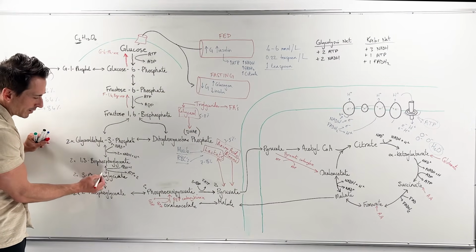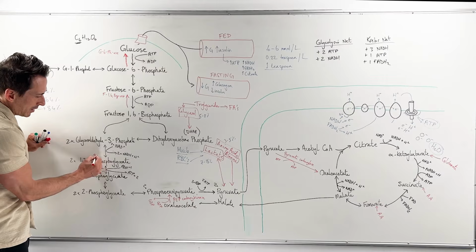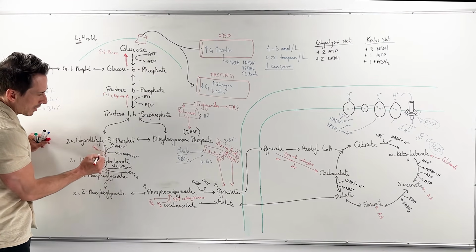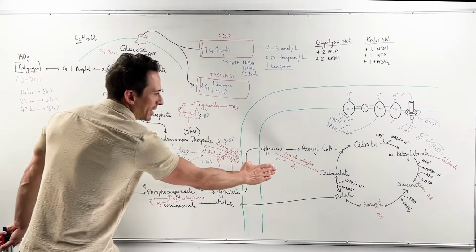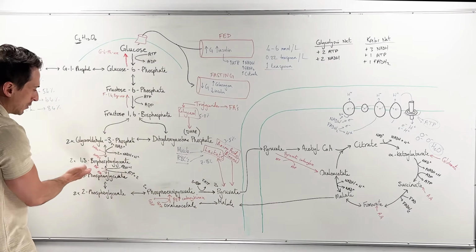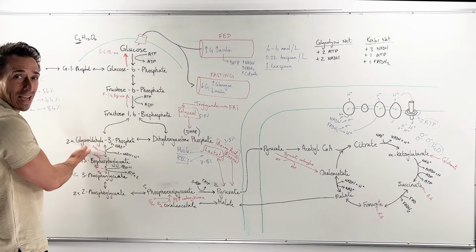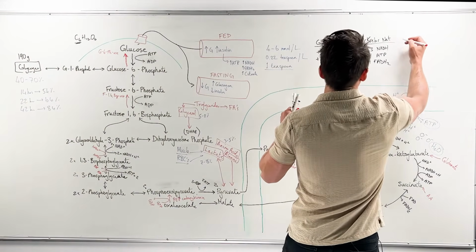By reversing this, we take ATP and turn it into ADP. Here we take NADH and turn it into NAD+. So as you can see, we lose ATP here, we lose ATP effectively here, we lose ATP here, we lose NADH here. So when we look at the process of gluconeogenesis,